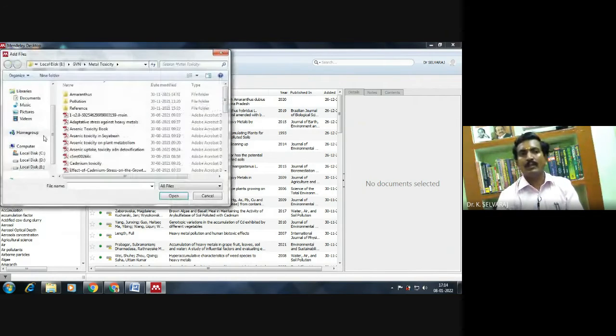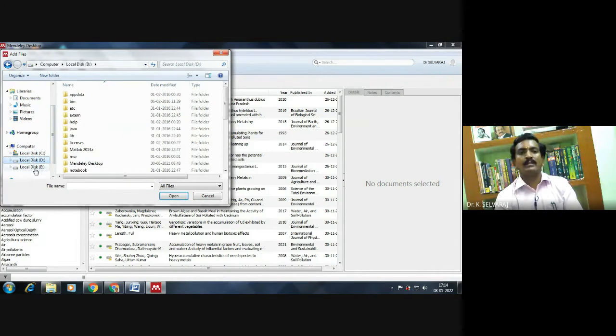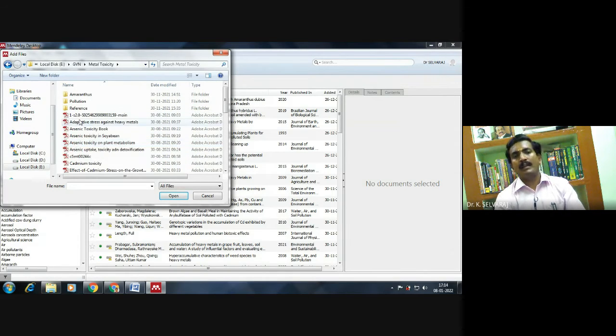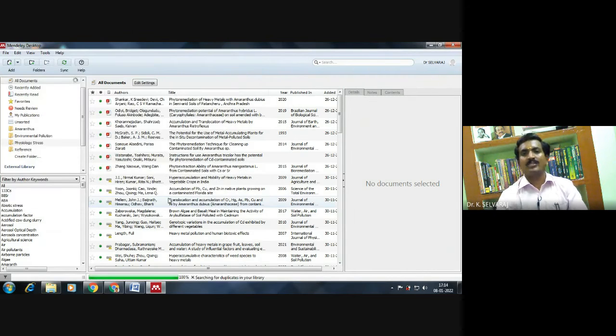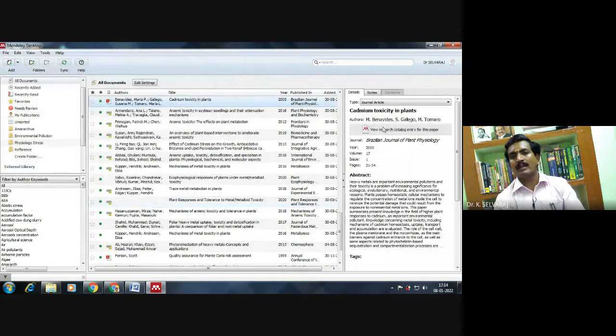I click that button, and it directly opens where I keep my research articles, in D drive or C drive, somewhere. In this folder, I can add the metal toxicity articles. I have so many research articles, so I click one or two to add to this page. Okay, now my research article is added.